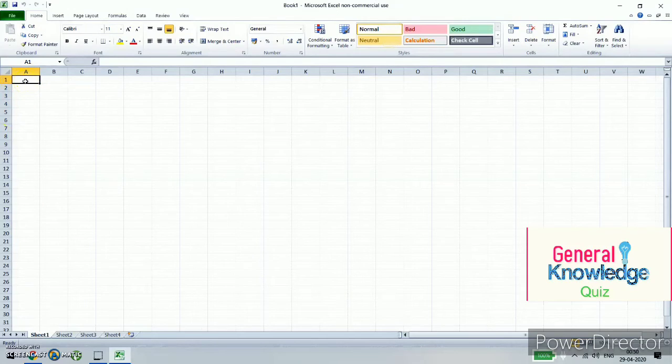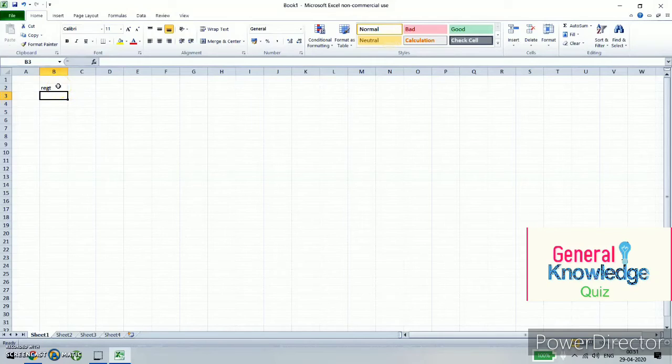In your A1 cell or any cell, whenever you are moving, if I want to type anything, I can simply type. I want to type my name. I have written it by mistake, and after writing I pressed the Enter key. Later I realized I have typed it wrong. What do I need to do?